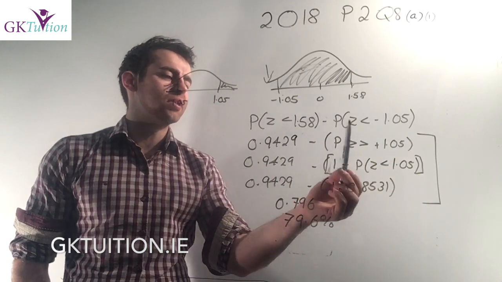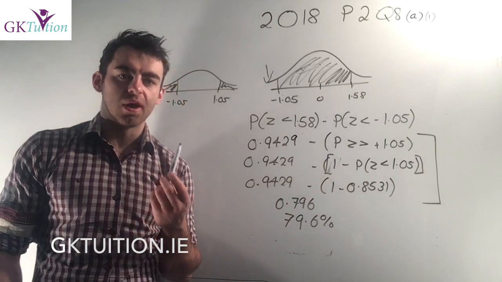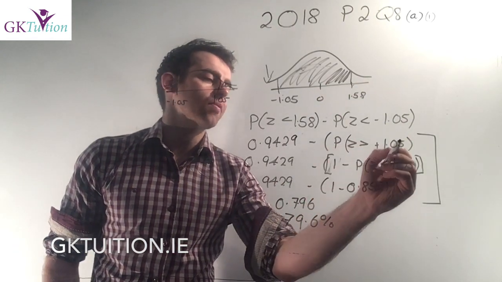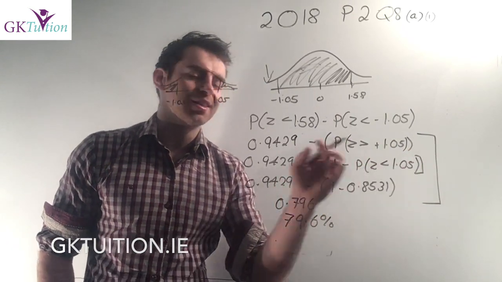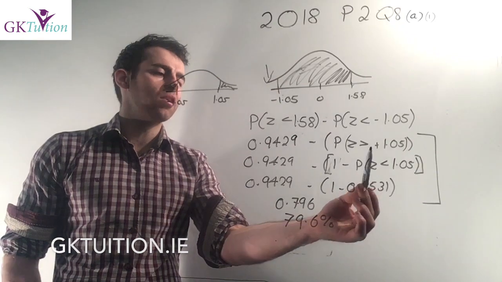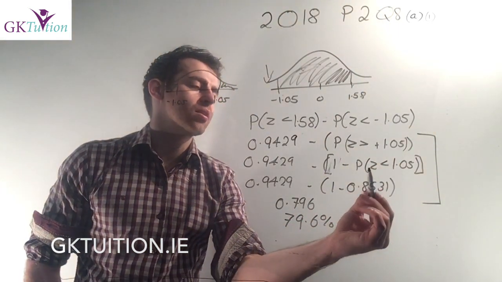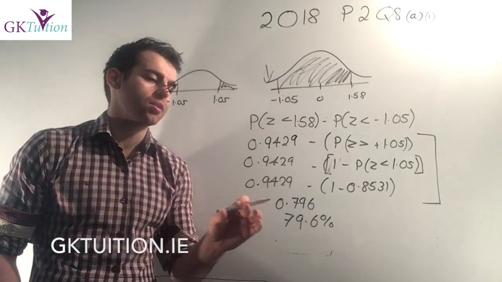So I change the sign of my z and I change my inequality. But you can't read greater than off your log tables either. Instead of the probability z is greater than 1.05, I'm going to get 1 minus the probability that z is less than 1.05. To get rid of your greater than sign, it's 1 minus less than. And at this stage now, I'm happy with z is less than 1.05 because I can just read that straight off my log tables. It's